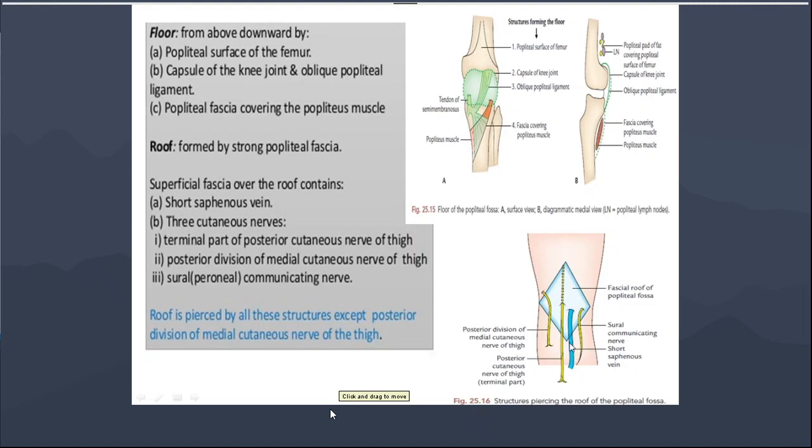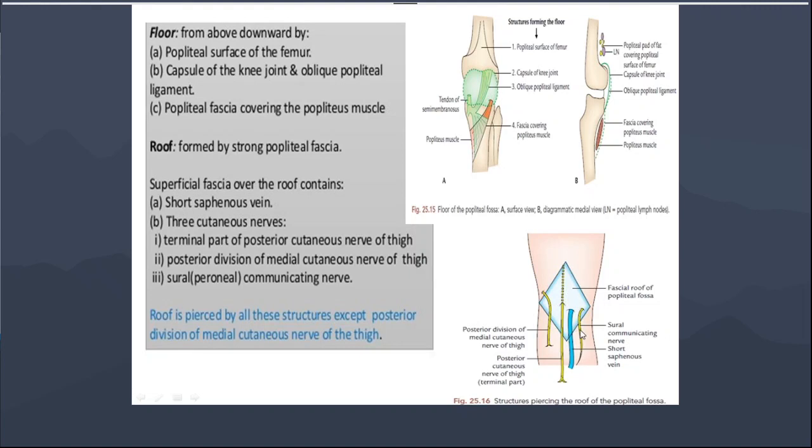You can see this is the short saphenous vein. Then you can see the three cutaneous nerves. The three cutaneous nerves are: one is the posterior cutaneous nerve of thigh, this is the terminal part. Then this is the posterior division of medial cutaneous nerve of thigh. Then this is the sural communicating nerve. So these three are the